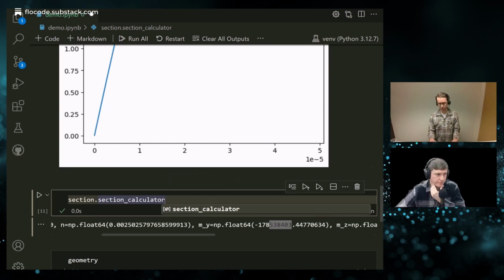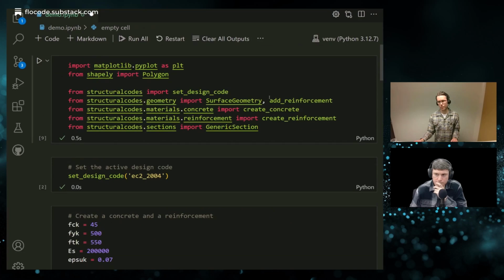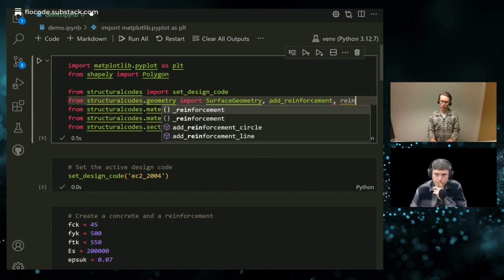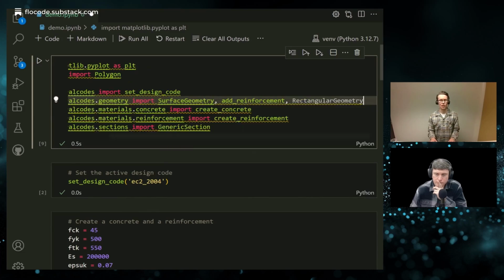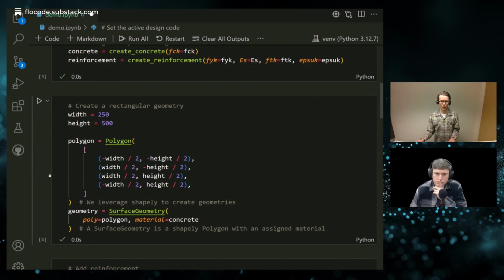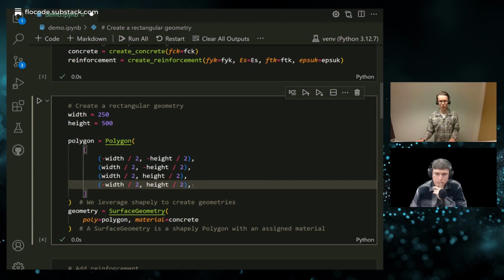Yeah, so let's now see if we can explore some other classes here. Well, we did this surface geometry. So we used the surface geometry to model the geometry. We can also use the rectangular geometry class to speed up the modeling a bit. So remember that we actually created a polygon, and in order to shuffle these coordinates right, you need to spend some time thinking.